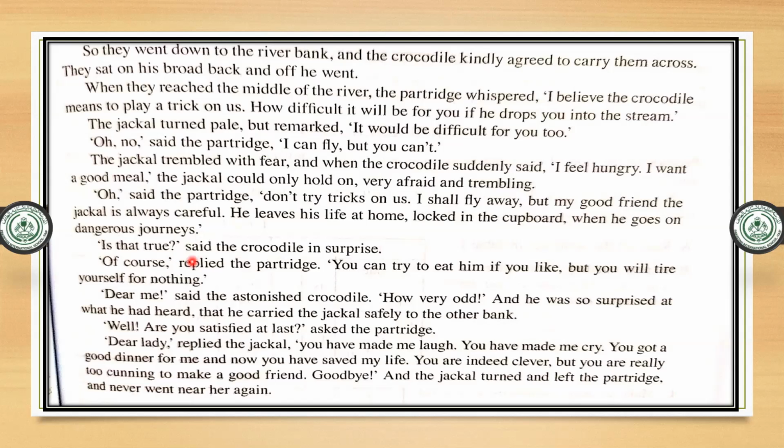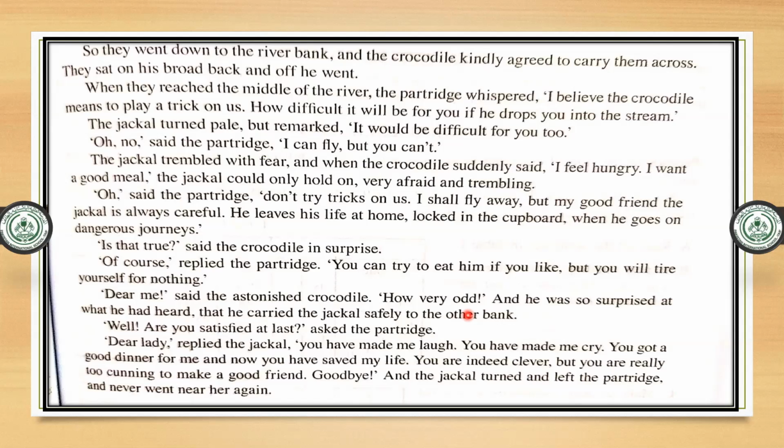"Is that true?" said the crocodile in surprise. "Of course," replied the partridge. "You can try to eat him if you like, but you will tire yourself for nothing." "Dear me," said the astonished crocodile. "How very odd." And he was so surprised at what he had heard that he carried the jackal safely to the other bank. Now, dear students, the crocodile became surprised and he didn't eat